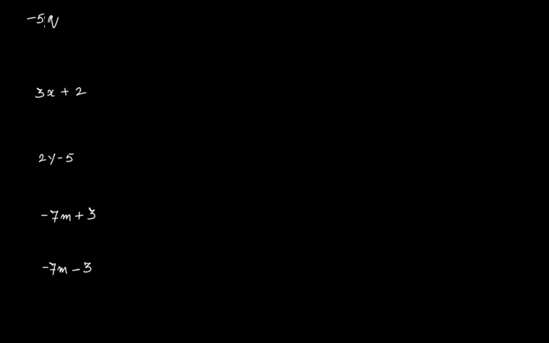This is minus 5 times q. You have a negative number and then you have a variable, no arithmetic operation symbol in between them. That means this is minus 5 times, that is a multiplication sign, and q. So this is q multiplied by